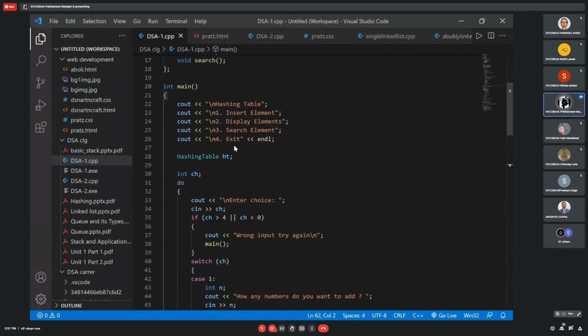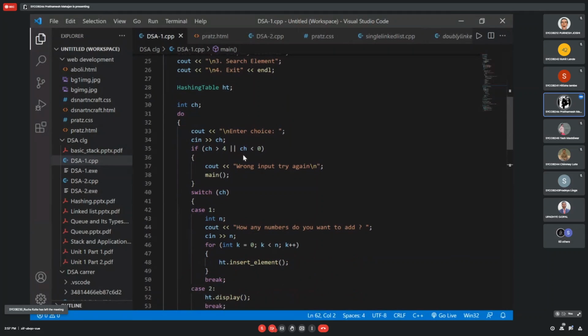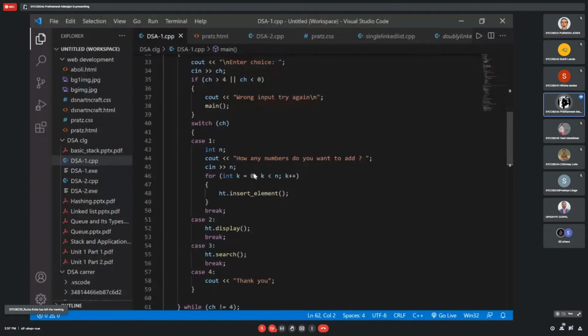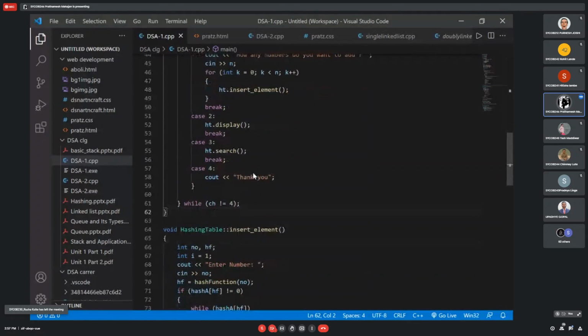The key is allotted to the index, and in case collisions occur, there are two methods: open addressing and closed addressing. In open addressing we use linear probing and quadratic probing. Quadratic probing is mostly used when a lot of data is to be stored, and in small tables we use linear probing.